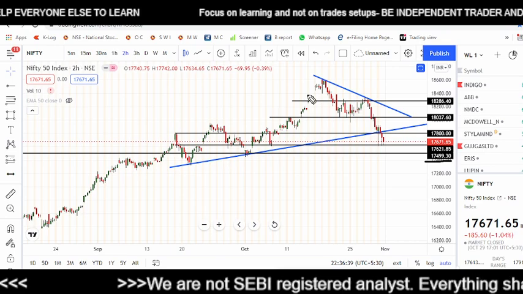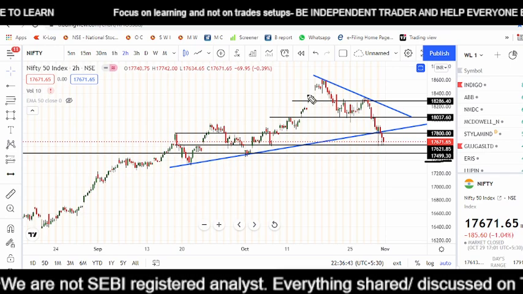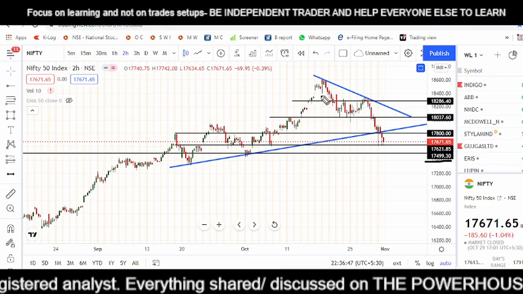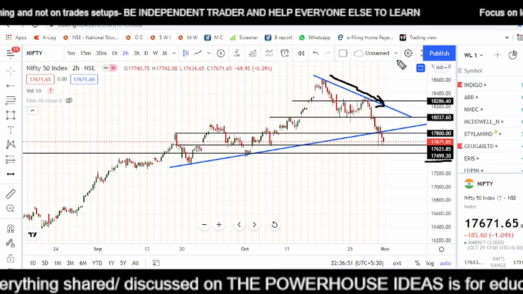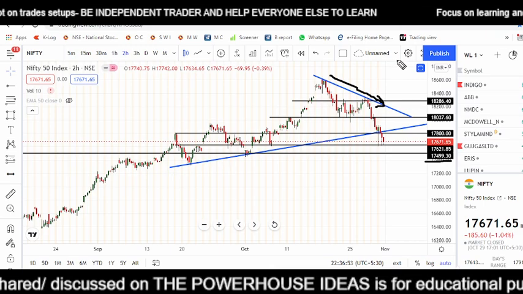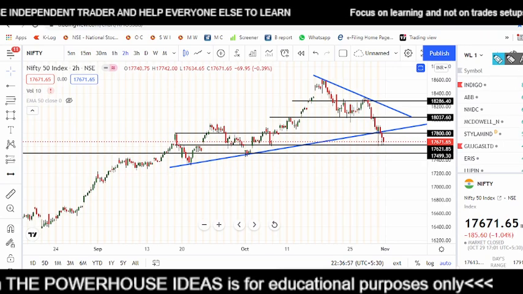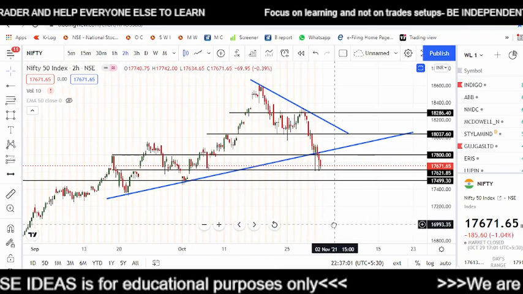I'll be correlating these levels with the option chain, so kindly stay till the end and I'll be showing you how you can take counter trades against the main trend, because right now the trend is negative, but how you can find a trade which is against the negative trend, that is bullish. Right. For that, let me explain with the help of a Fibonacci retracement tool, and let me show you how it works.